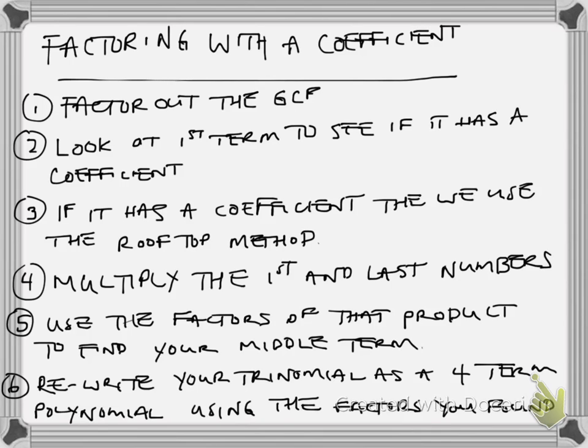Okay. So here we're going to get bigger. We're going to have a 3x squared plus 5x, or 2x squared plus 5x plus 16 or something like that. And then we're going to turn it into something bigger. You'll see what I'm talking about here in just a second. But once you've rewritten that as a 4-term polynomial, our next step is to group